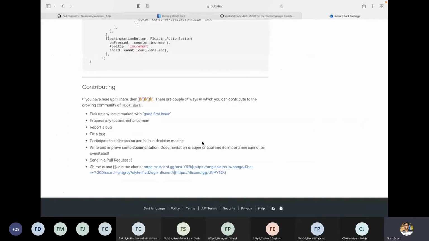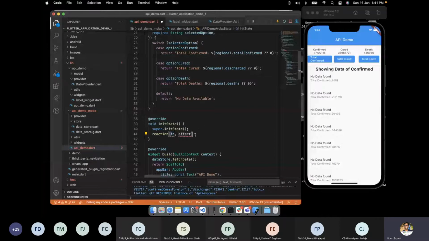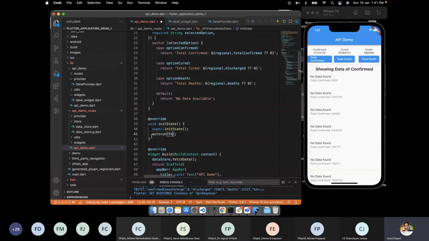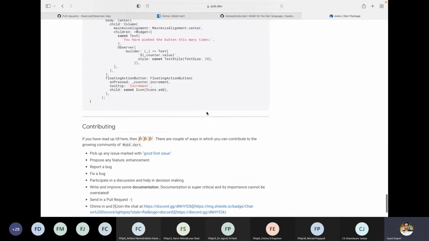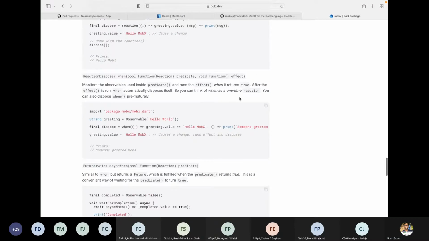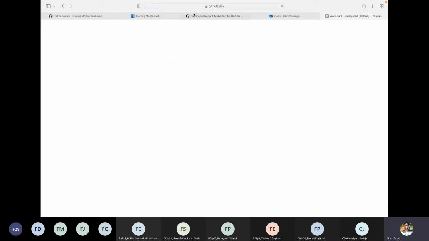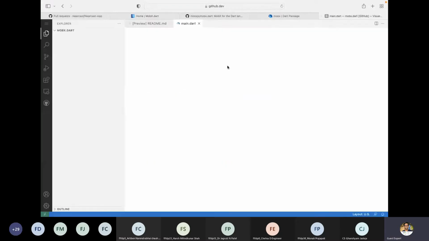Let's see how it works. Let's first implement autorun. In autorun, we just have a function, so this will simply get run. Sorry, by mistake I closed it.